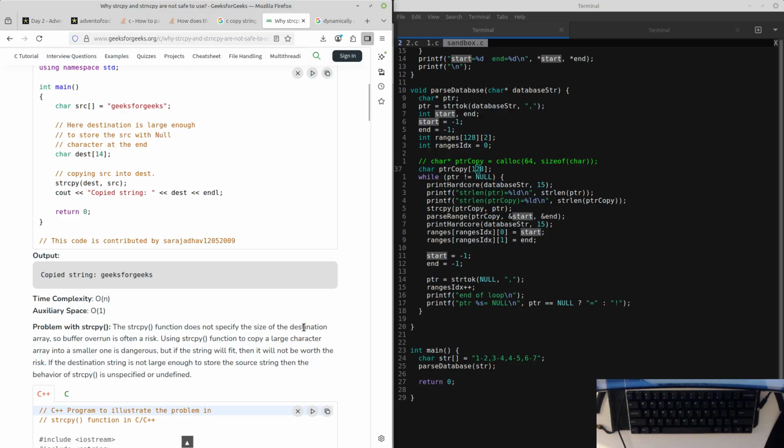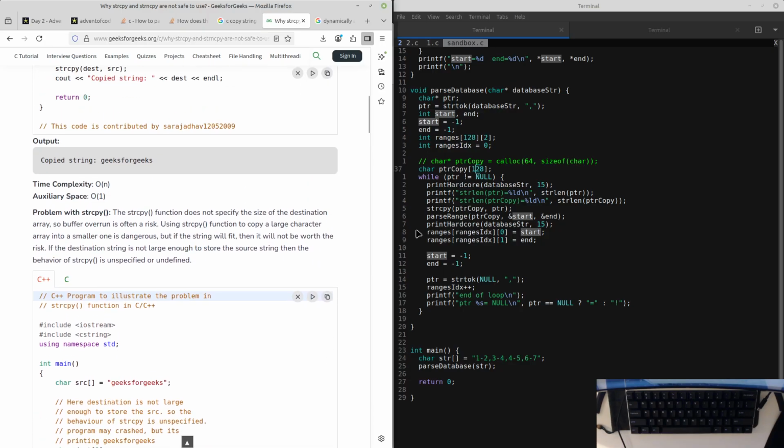Not specify the size of the destination buffer, so a buffer overrun. So we copy in based on the size of source. Using it to copy a large character array into a smaller one is dangerous because it copies based on the source, but if the string will fit, then it will not be worth the risk. What? The destination string is not large enough to store the source string. Okay, but it is in this case, because, well,